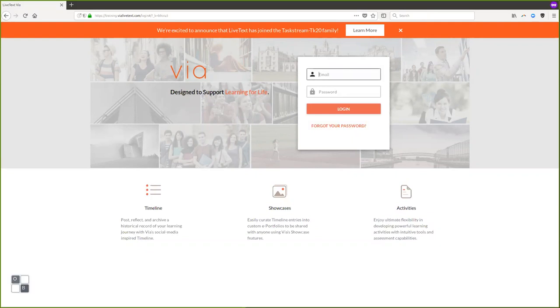So we'll start at the beginning here, and again, you'll be using your UH email addresses. So you're going to put in your username at hawaii.edu. Again, I'm using my fake instructor account here, so it'll look a little different from what you guys have to type in. Once you log in,